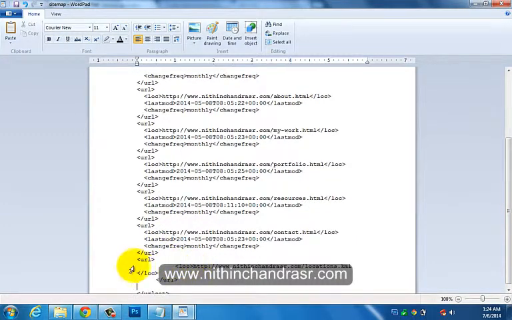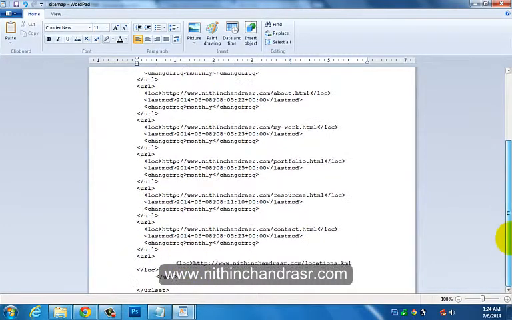You can see here I've added another node called URL, and inside that there is a location. This is how it looks. Make sure to add it inside the URL set.